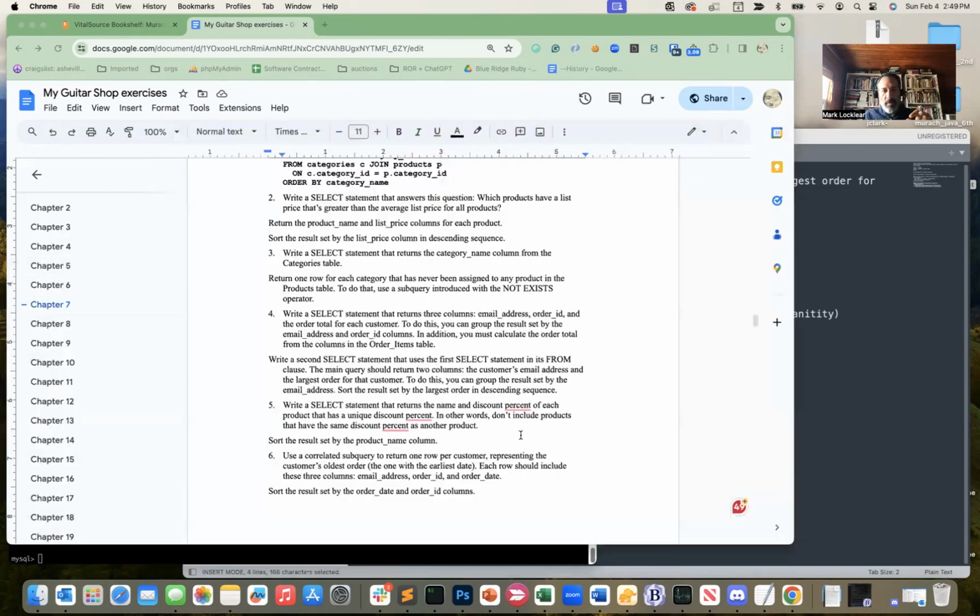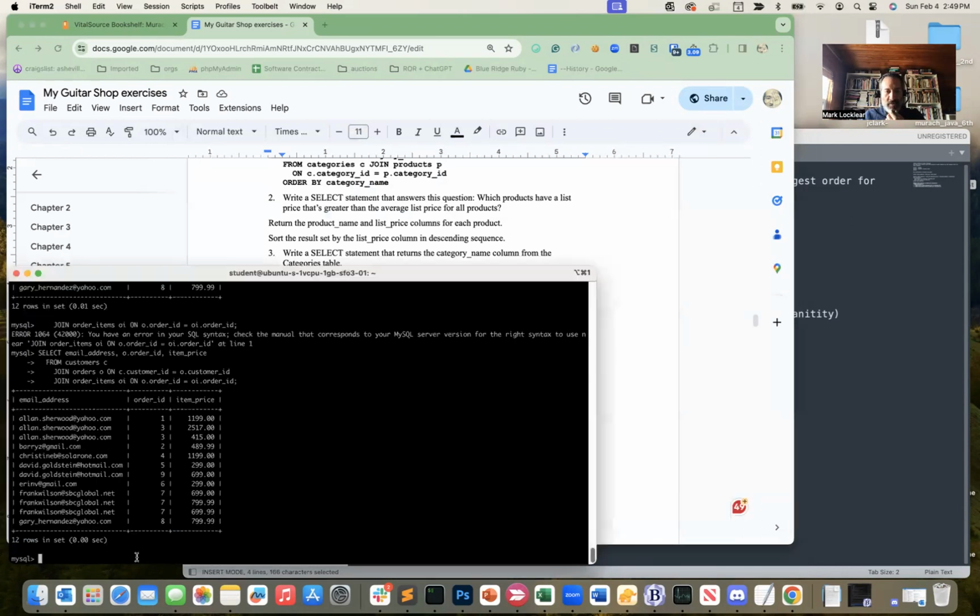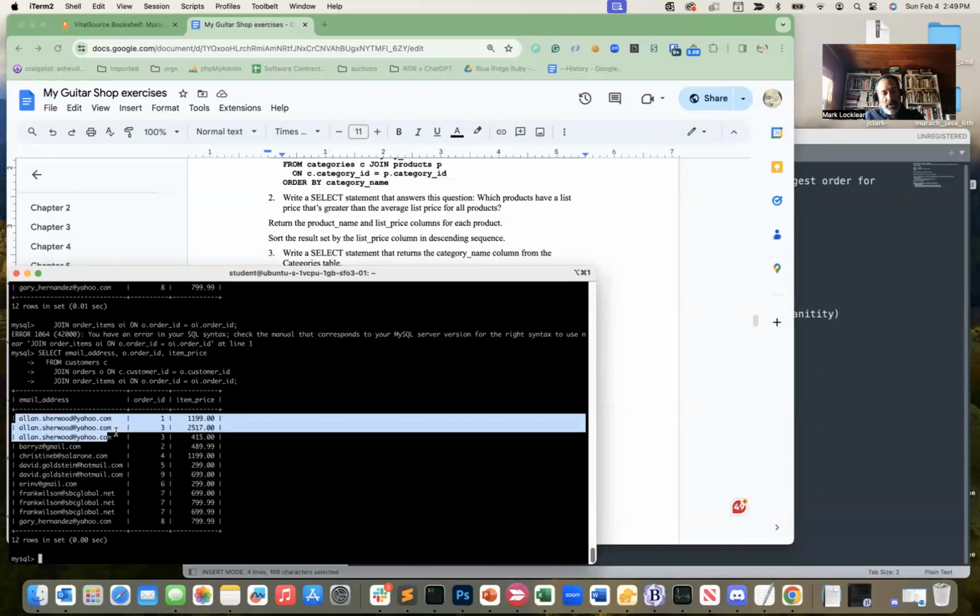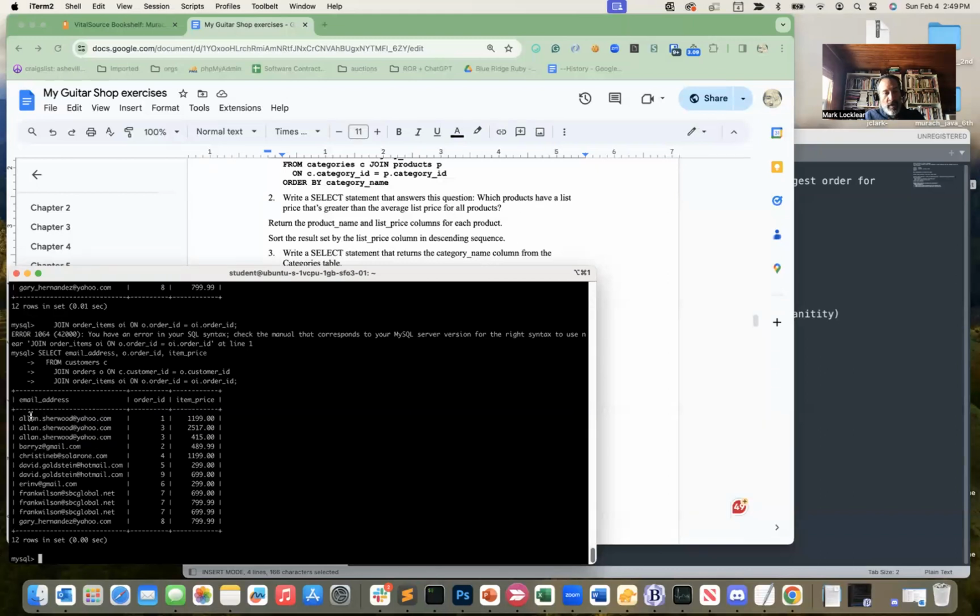Let's go back and look here. Select statement, the main query should return email address and the largest order for that customer. But these are the building blocks, right? So for instance, in the final query, when it's done for Alan Sherwood, we should only be returning order 1, right? Or I'm sorry, order 3, because order 3 is the largest